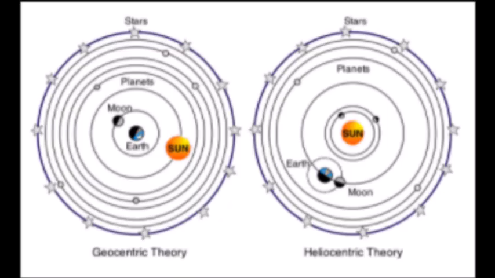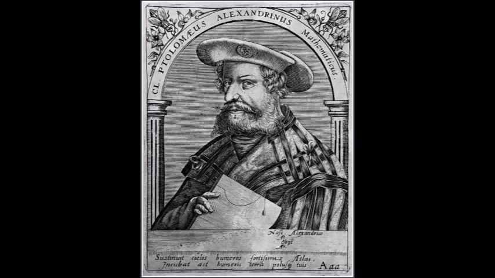In the geocentric model, the orbit was thought to be circular. In the heliocentric model, the orbit is elliptical, meaning it looks like an oval. The geocentric model explains the retrograde motions of planets in epicycles, whereas in the heliocentric model, it is explained by an effect of perspective. This man is called Ptolemy, and he came up with the geocentric model in 150 CE